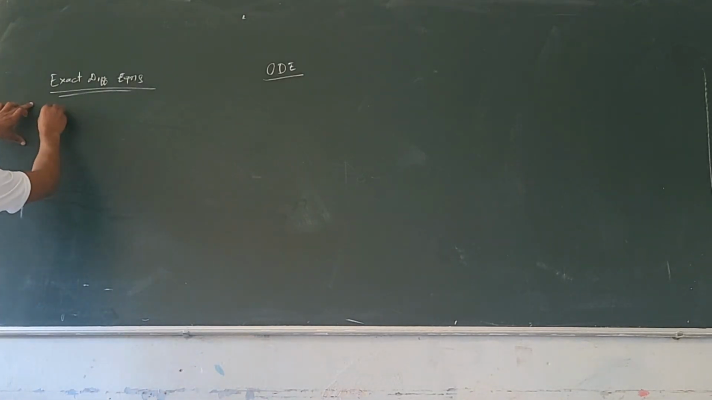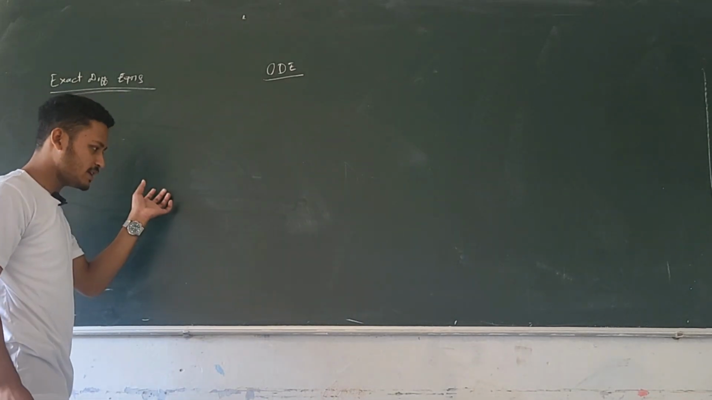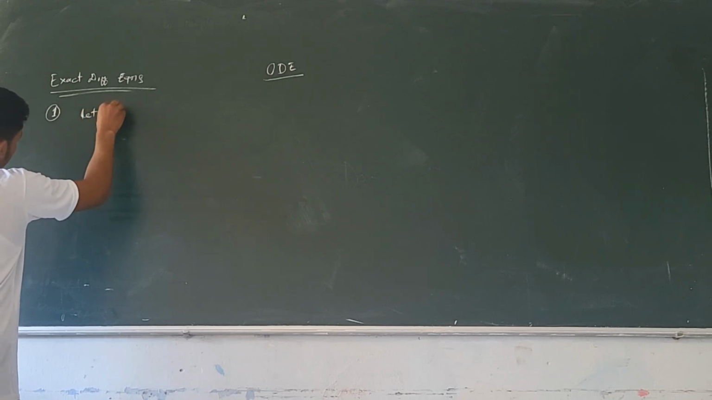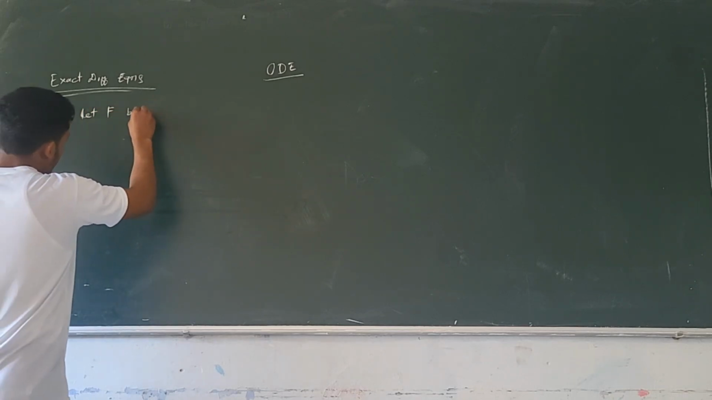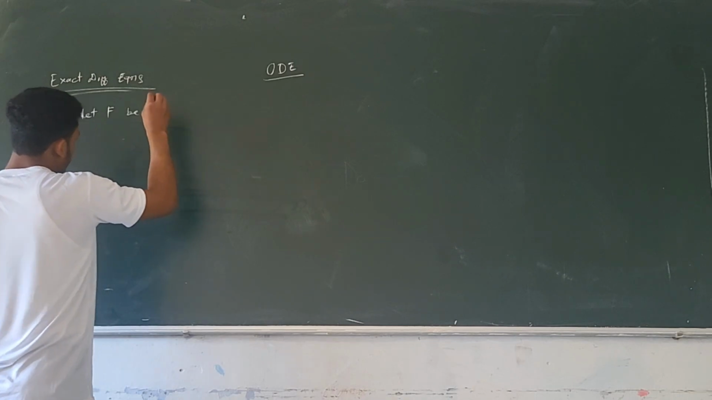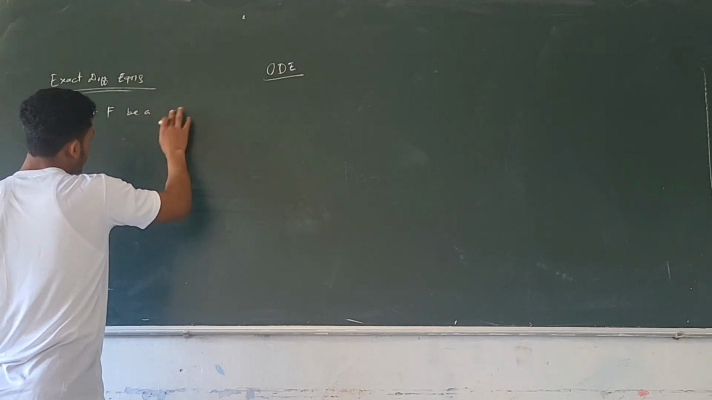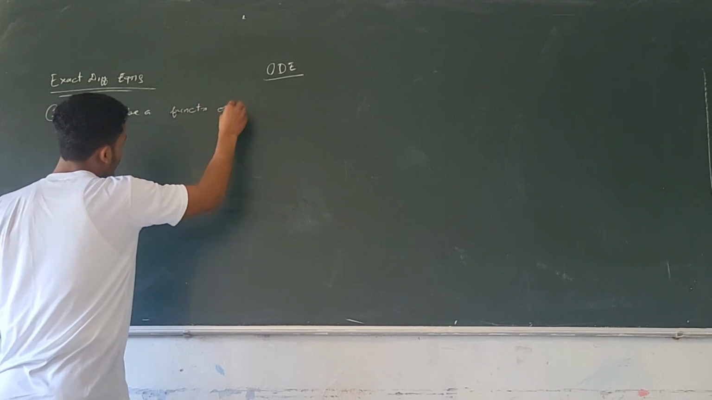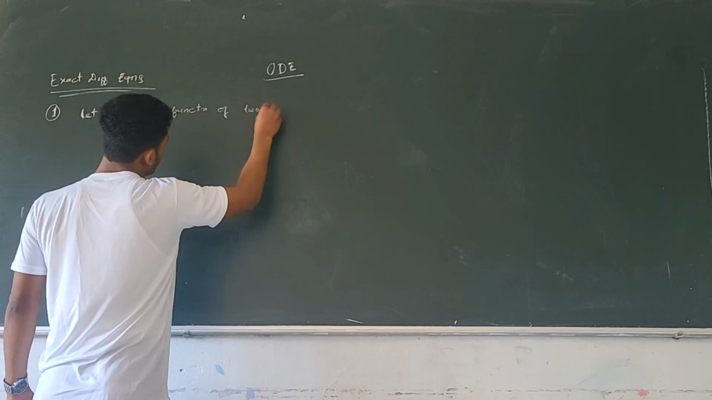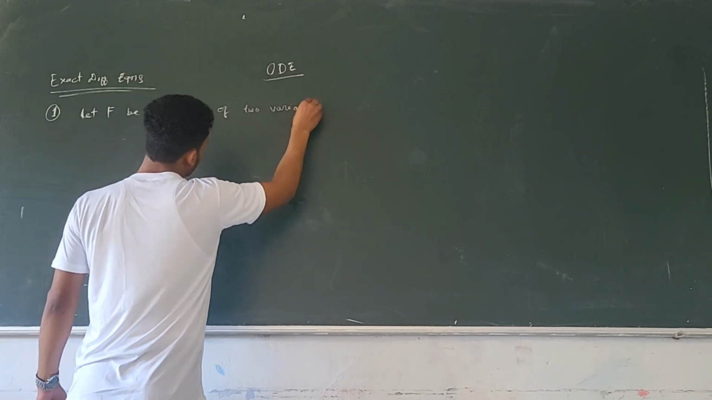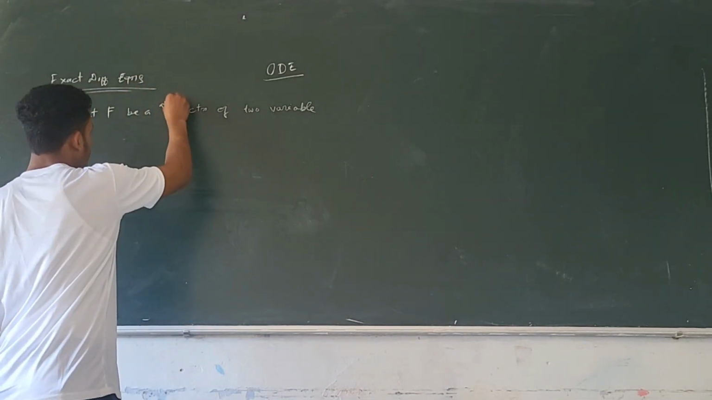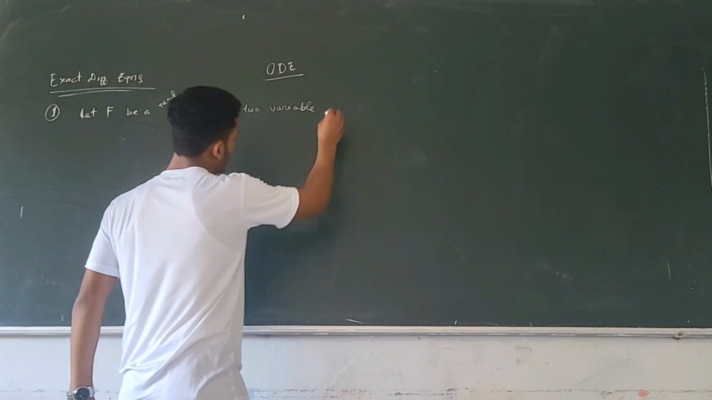So first you have to know what is total derivative. In mathematics, everything depends on functions. So let capital F be a function of two variables. Let capital F be a real function of two variables such that